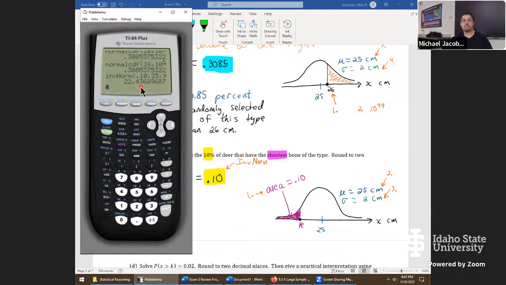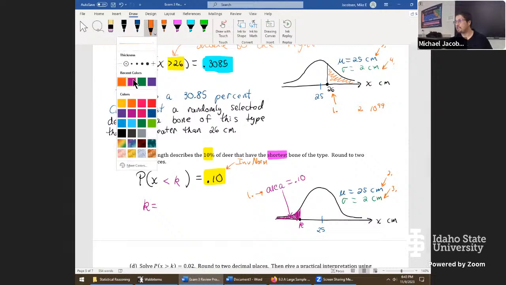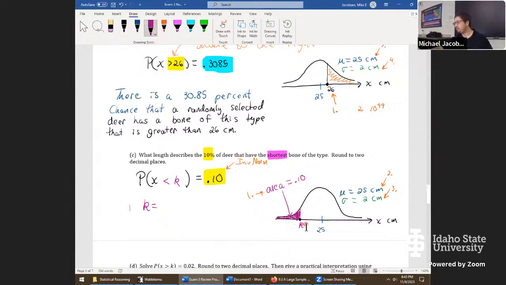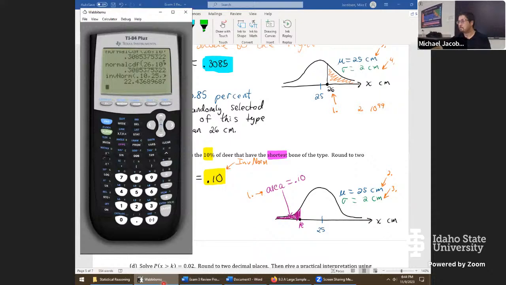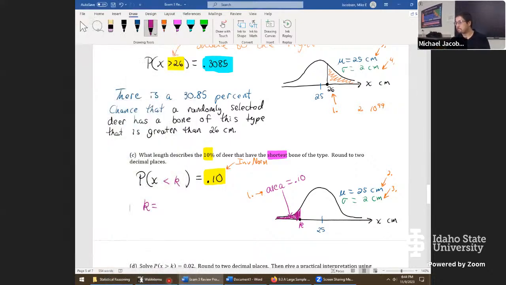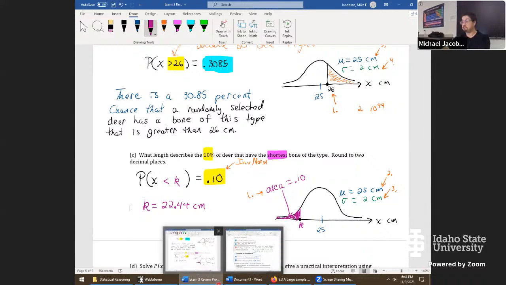It's 22.44 centimeters. Well, let's not accept it right away. Let's take a look. 22.44 centimeters, that does fit this picture. It's substantially left of 25. So I would say it's plausible. So 22.44 centimeters. We did it, folks. This is solving a very, very bizarre looking equation. What the calculator did was just invert what the probability was doing and gave us this correct K value. Any questions so far, folks, on that one?